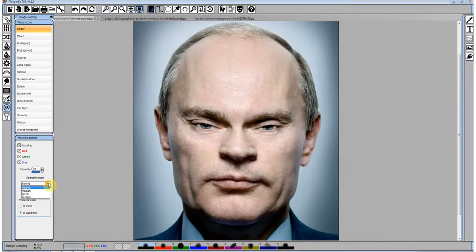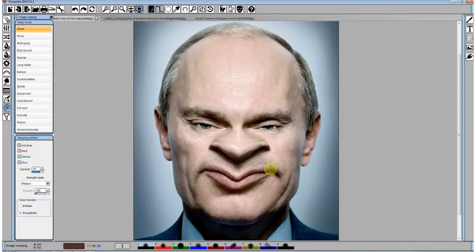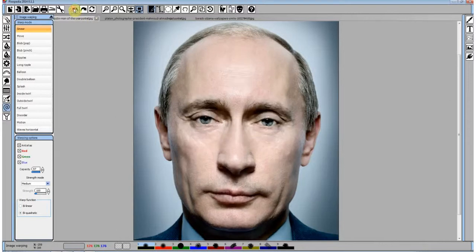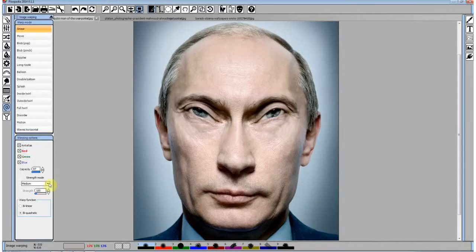Now just play with these strength modes to get used to warping techniques in Pixopedia 2014. Smear mode just moves a part of the image according to strength.